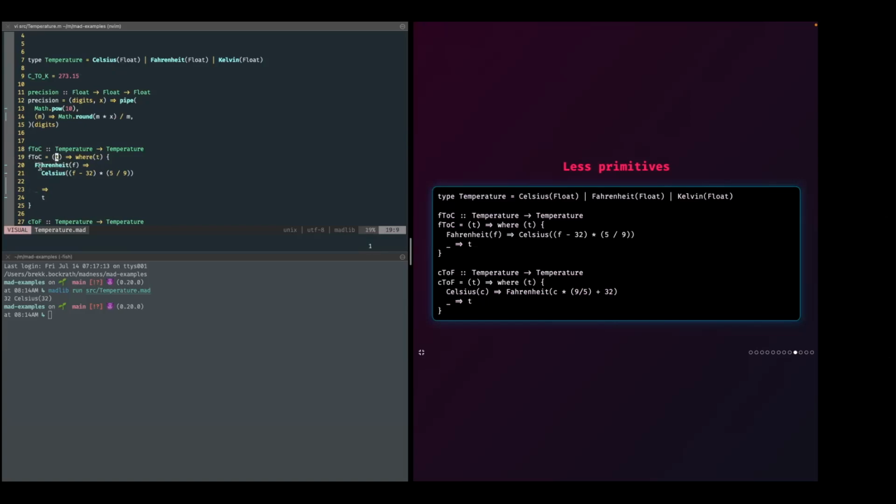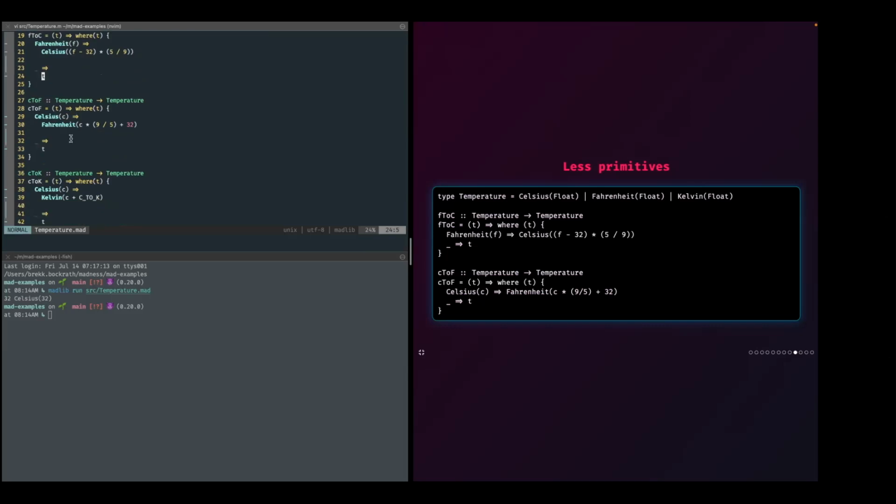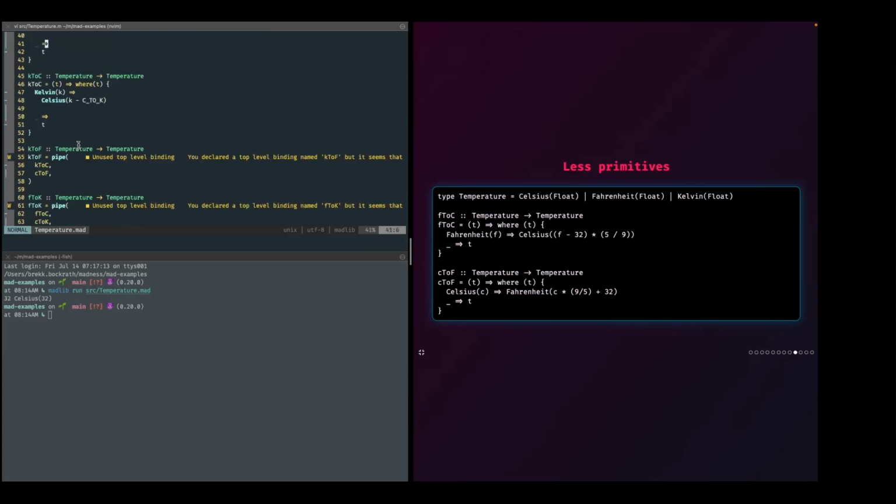We say where T, and then I say if T is Fahrenheit, do this and wrap it in Celsius, and otherwise just return T. So Fahrenheit to Celsius, if you give it something that is not Fahrenheit, it will do nothing. Then within this, there are a couple different conversions here, but I wanted to get down here. This is the composition